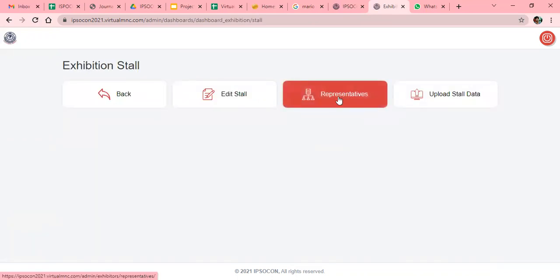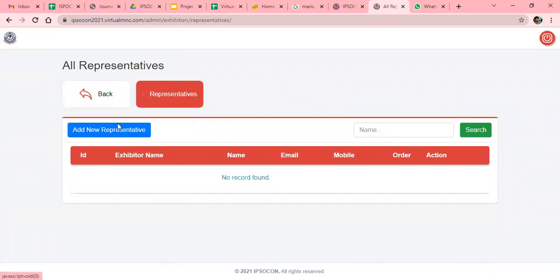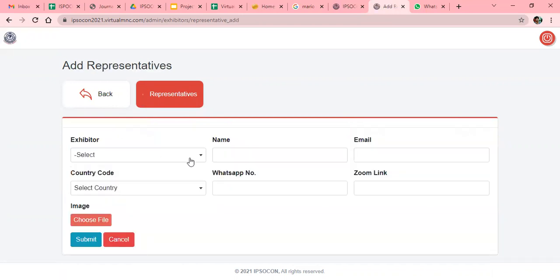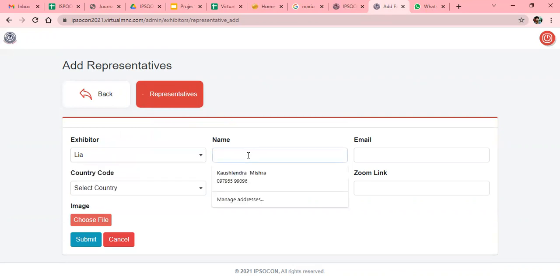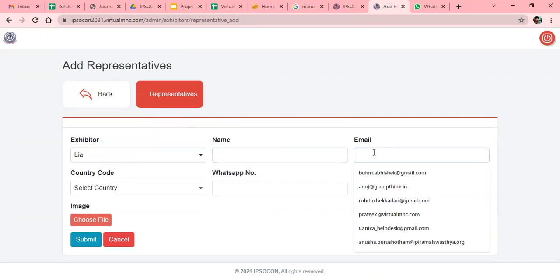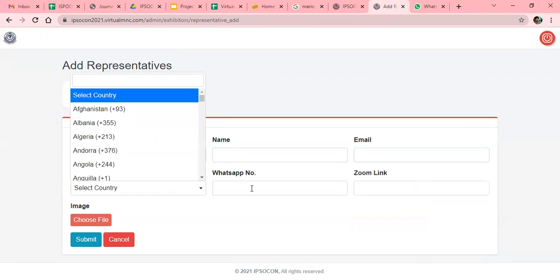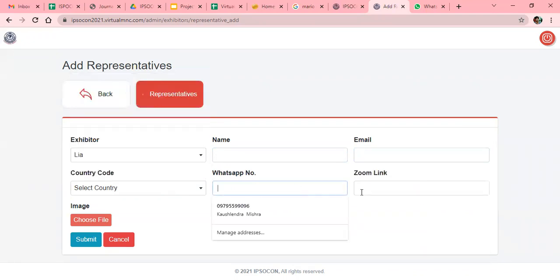Now this is the representative detail, where you can add representative details. Here you need to click add representative name. So here again you need to select your booth name, the person's name, representative name, the email ID, the country code, if they have a WhatsApp number, a Zoom link.